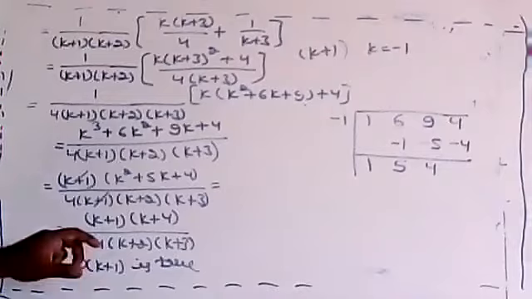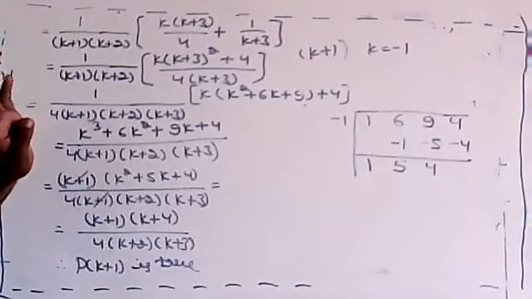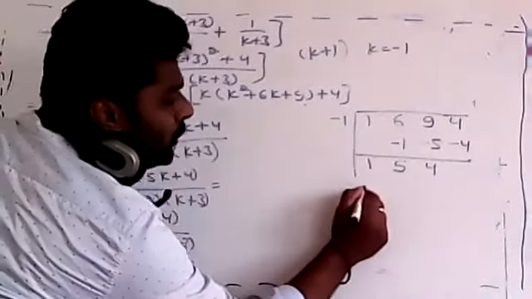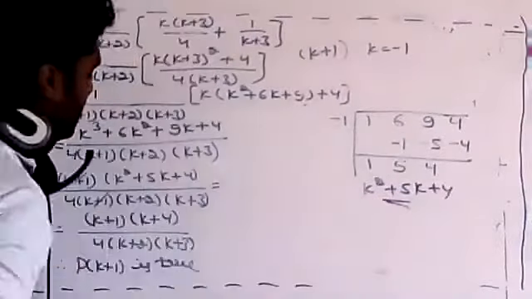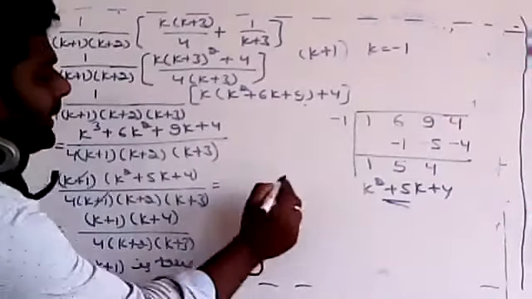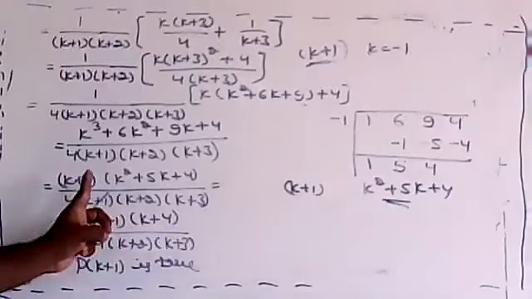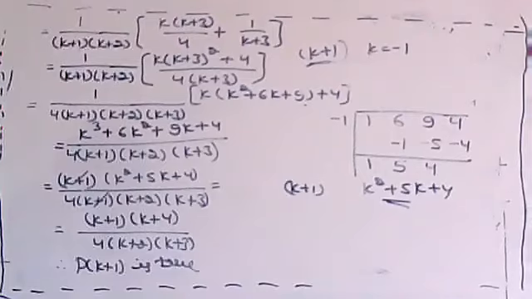Okay. Now, why are you using this method? To reduce the cubic equation to a quadratic equation. Now, when you write this in the form of degree 2, you have to write 1 into k square plus 5 into k plus 4, which is same as this one. Correct? And by this minus 1, you are taking k plus 1, which I have taken here. So the two products are k plus 1 and k square plus 5k plus 4. Clear? This is the synthetic method. Any doubt on this one?